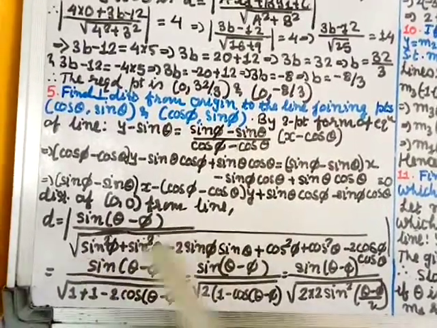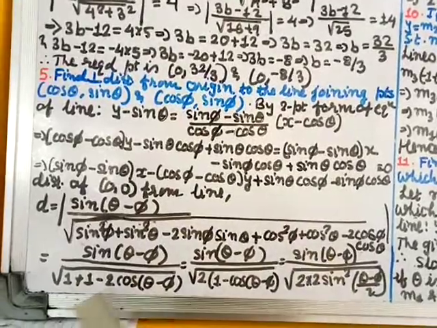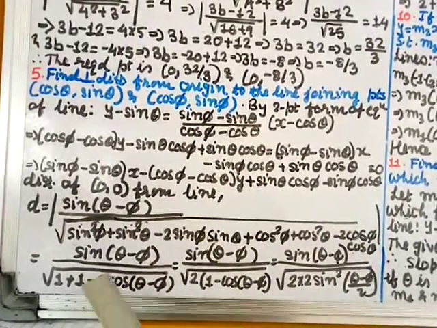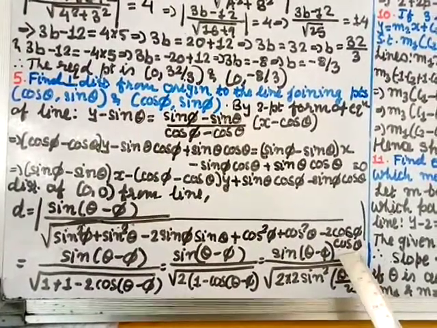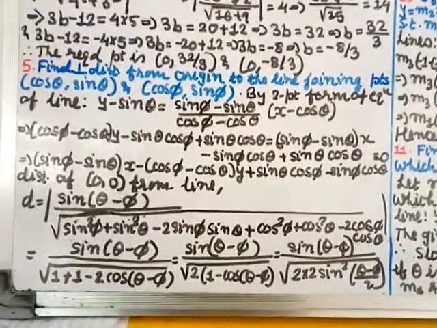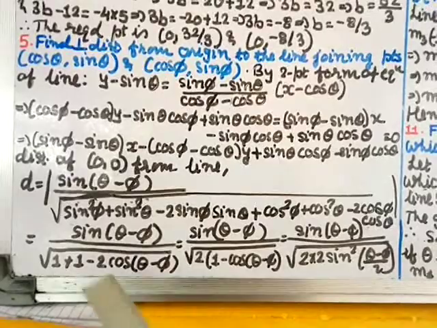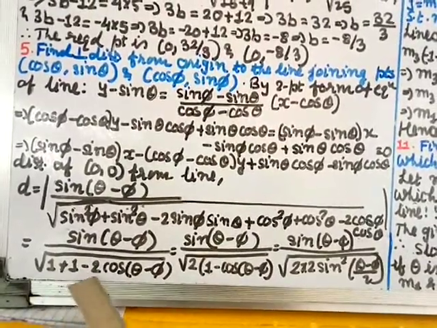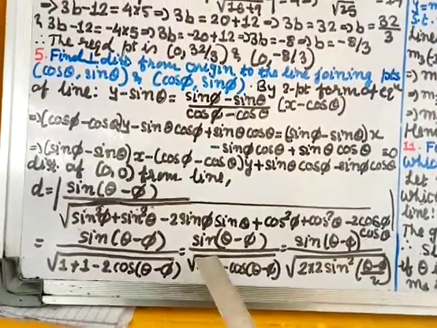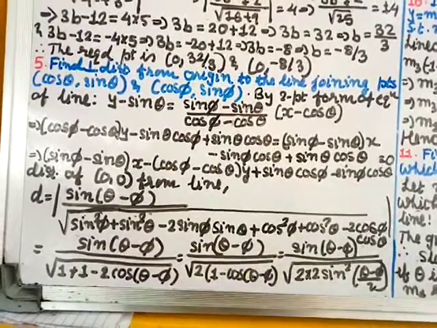Now sin square phi plus cos square phi gives you 1, plus sin square theta plus cos square theta gives you 1. From the remaining terms, if you take minus 2 common, here remains cos phi cos theta minus sin phi sin theta, and this also is a trigonometry formula, that is cos of theta minus phi. So what you get is 1 plus 1 is 2, and here minus 2 cos(theta minus phi), so that 2 you take common. In the bracket you get 1 minus cos(theta minus phi), numerator just bring as it is.